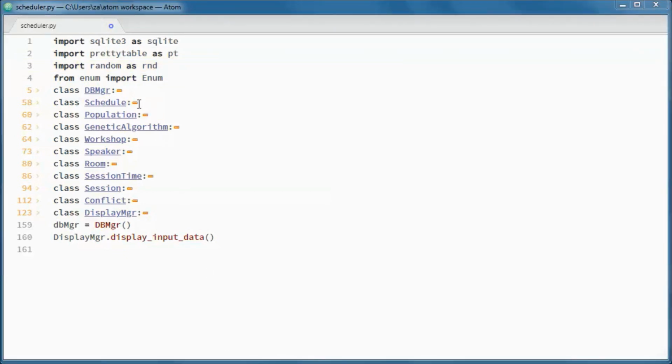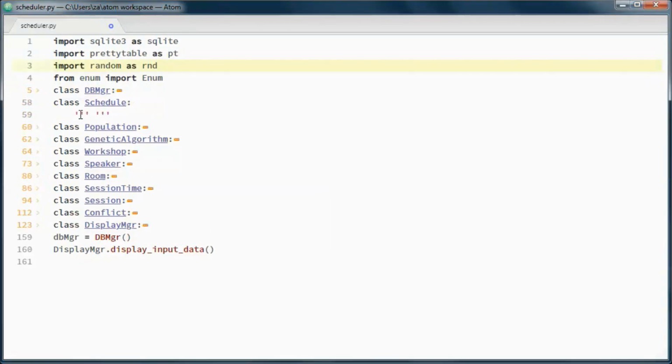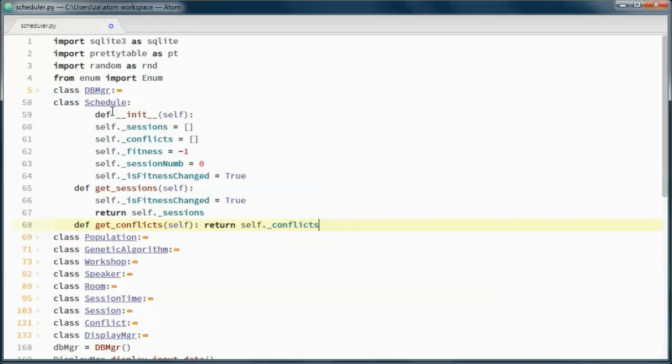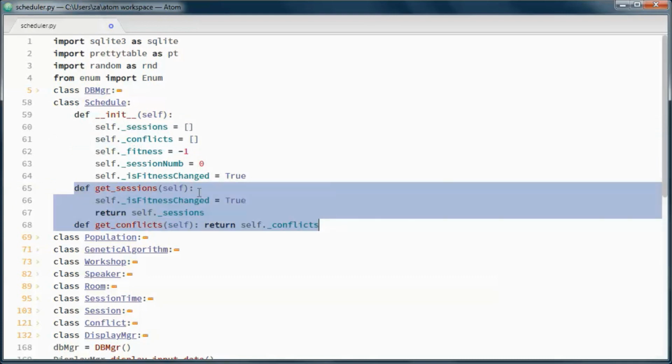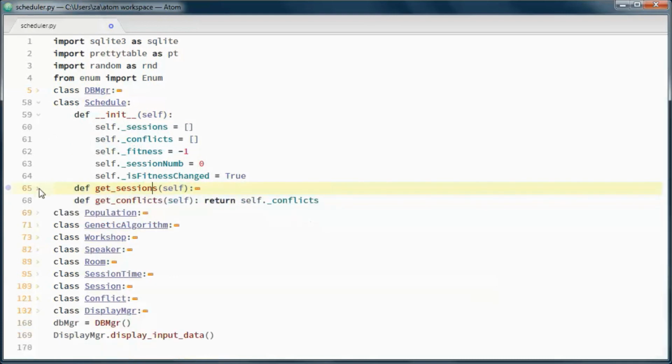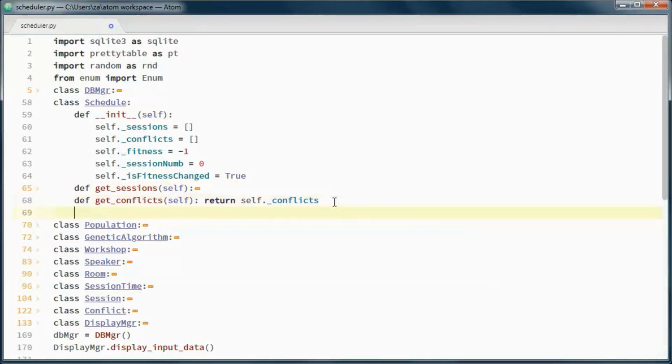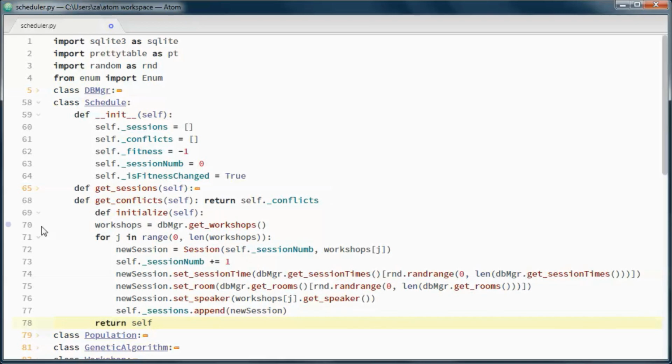Now a schedule will have sessions and conflicts and get methods for those two, and this method initializes all the sessions.